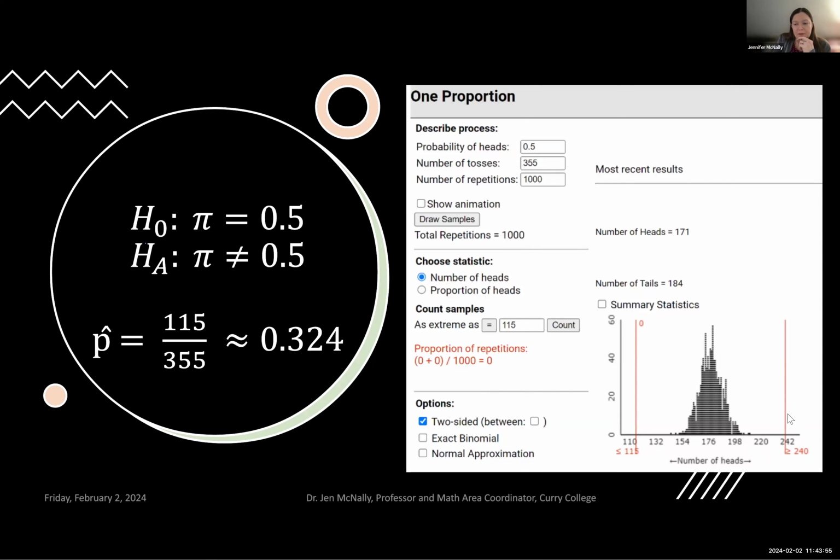And you'll see that these would have lit up in red any of my 355 tosses that had more than 240 heads. And I have 0 of them. So my p-value is extremely small. It's indiscernible when I had 1,000 repetitions. So is 50%,